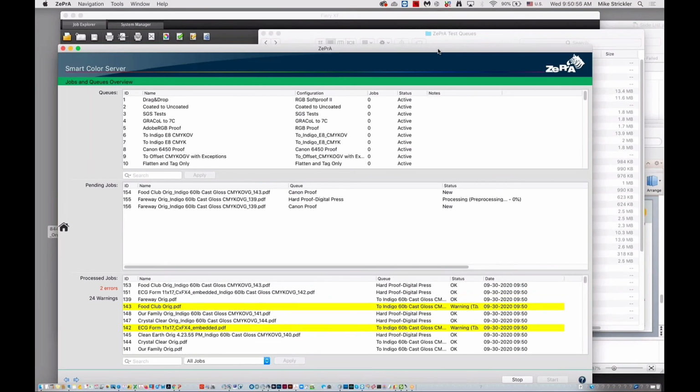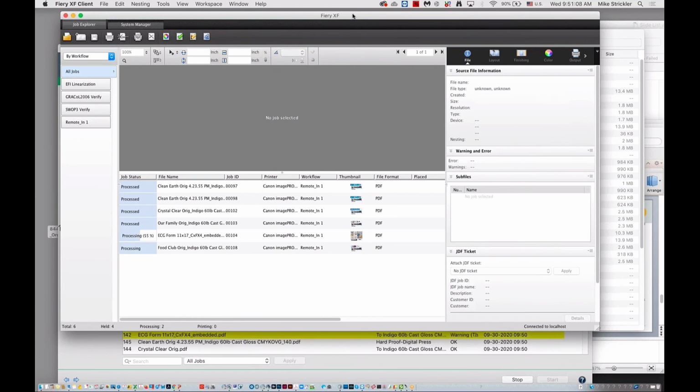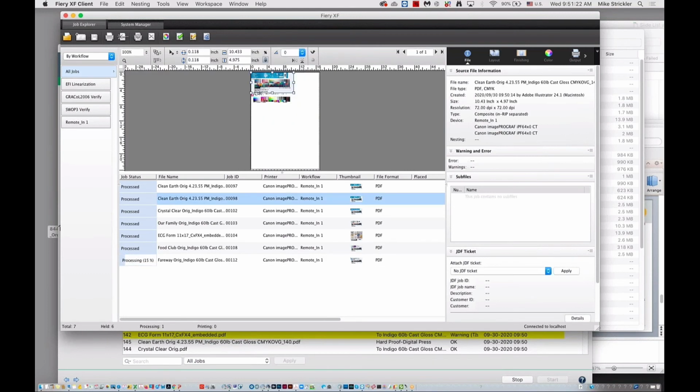We want to get rid of that. If we take a look over here, we see job spooling. This is Fiery XF. It could be any RIP. And we've already got most of these jobs processed and ready to print. I'm not connected to a printer right here. But of course, if I did, I could just pick any of these jobs, select them, and say print,